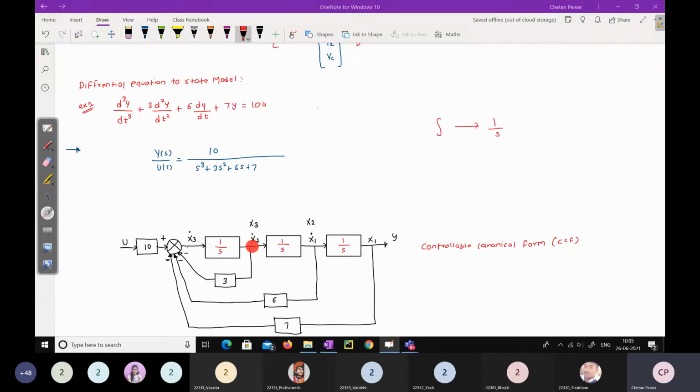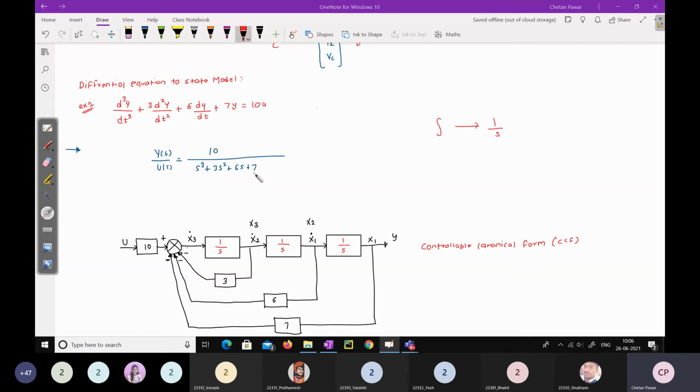So from this point I will take that particular third block which has a gain of 3 and connect it to this error detector. The sign is positive, so the feedback will be negative, so here I will put a negative. Similarly, for the 6s term, only one integrator is remaining on this side. I will take the output from this takeoff point and connect it to the block which has the gain 6, and again connect it to the summing junction. The term is positive, so that will also be a negative feedback. So here we have put a negative.